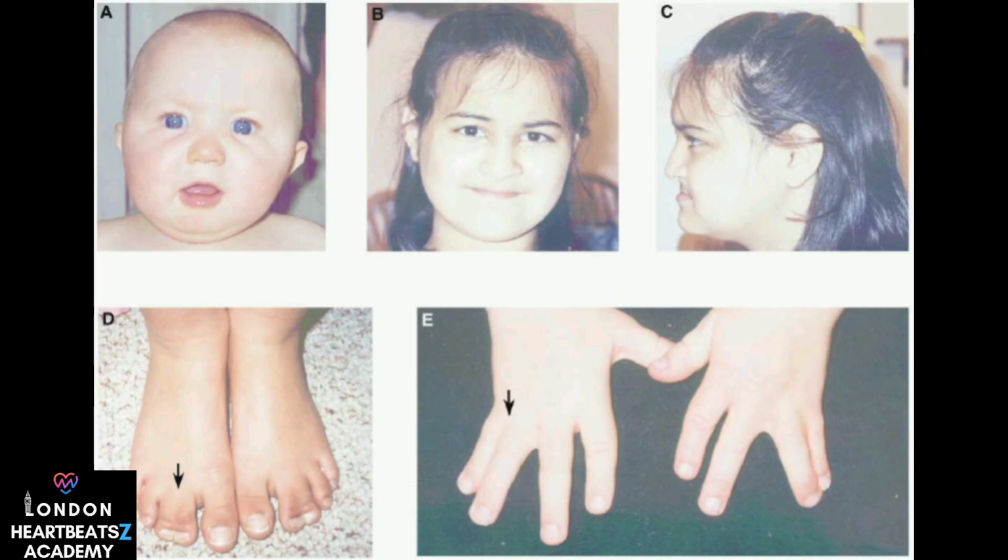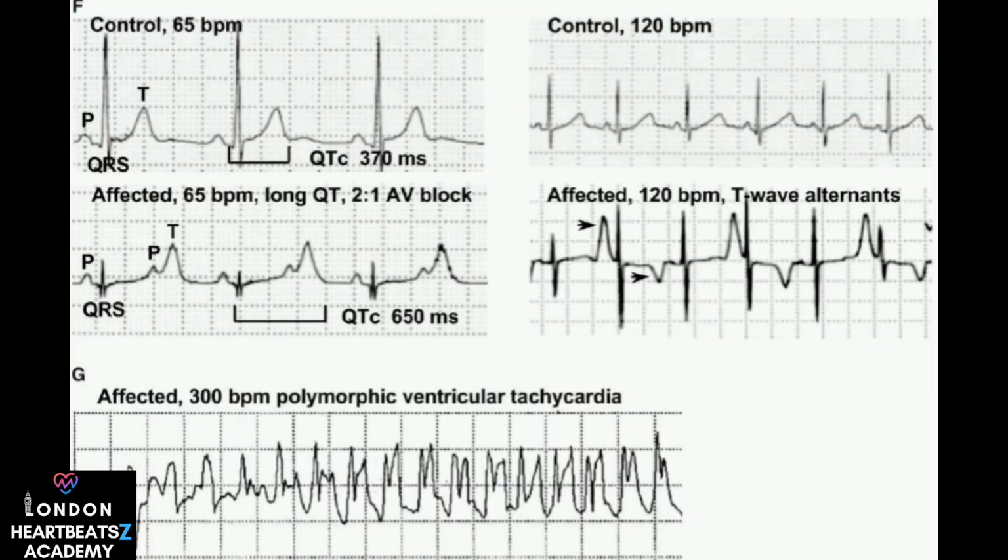All TS patients exhibit prolonged QT intervals. The QTc typically exceeds 480 milliseconds in TS1 and sometimes surpasses a staggering 600 milliseconds in TS2. Very, very long. One study found that almost half, 47% of patients, had a 2:1 atrioventricular block, meaning only every second electrical impulse from the atria gets through to the ventricles. About 6% experienced bradycardia due to sinus pauses. Additionally, 47% displayed T-wave alternans, that warning sign we discussed earlier, associated with lethal arrhythmias. Life-threatening arrhythmias like ventricular tachycardia, ventricular fibrillation, and cardiac arrest have all been reported in TS patients.